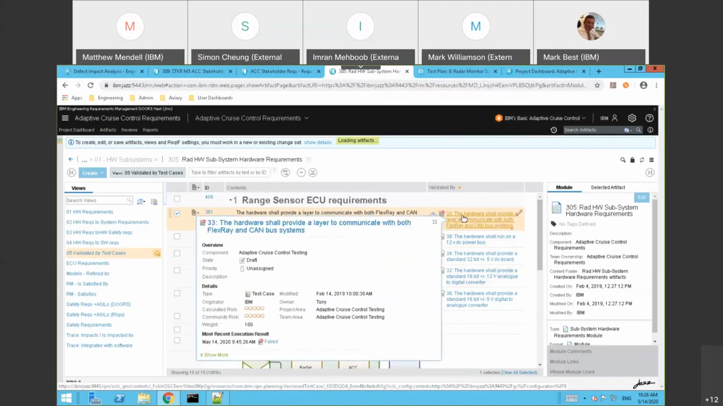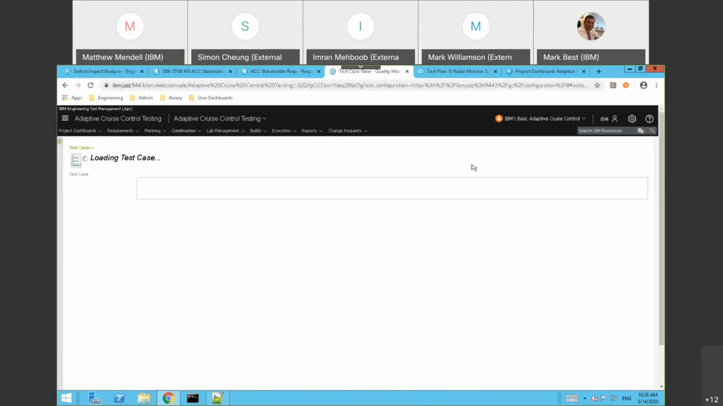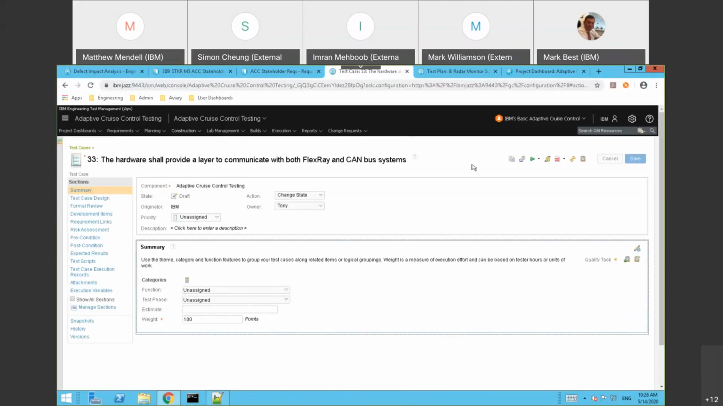So much like with the links that we've got for the requirements, we can hover over the information on the link there, and we can see information about what's actually gone on with that test case, and we can see that we've got a failure on the most recent execution result that was run. So if I actually click on that link now and go to the test case itself,